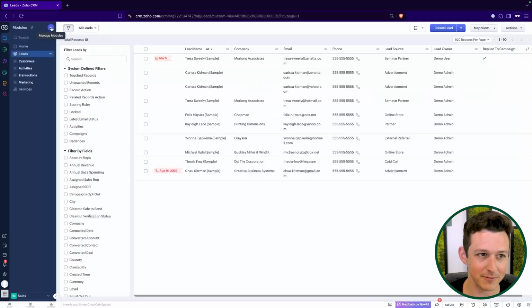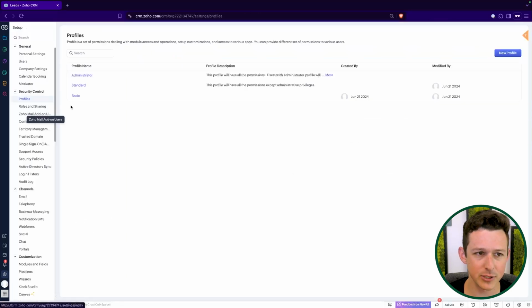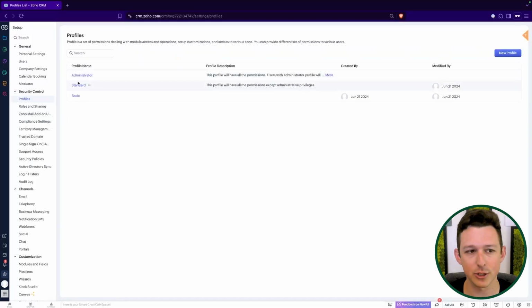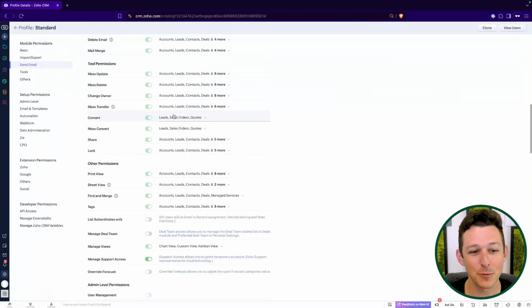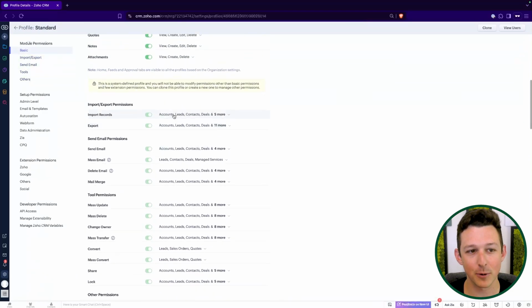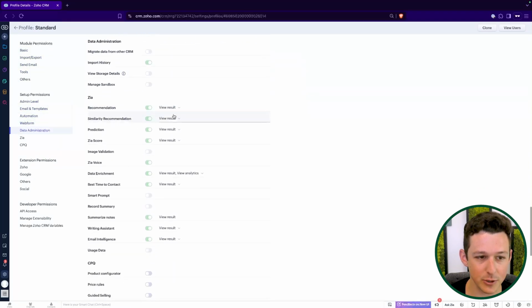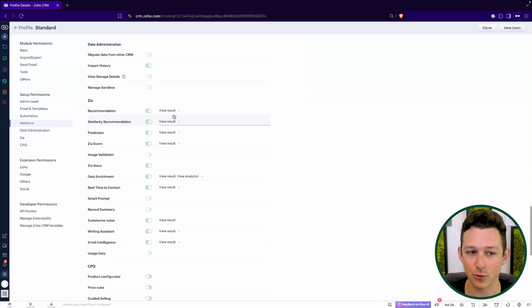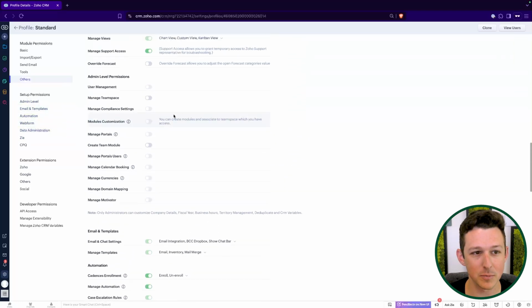So up here in the top left, you've got this plus button. With this plus button, a user can create a new module. You might go, hey, well, that's fine. A lot of my users are not admins. They're just in my standard profile. But you might be surprised to find the standard profile actually has a ton of permissions around system configuration. So a standard user by default can actually create modules, customize modules, kind of do a lot of those back-end